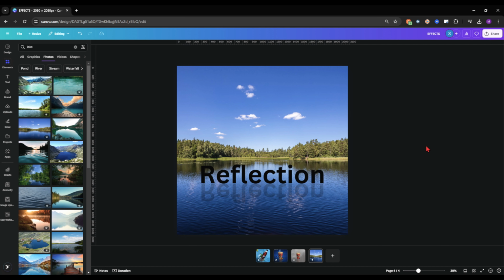That's not the easiest way because Canva does not have the option to just flip a word. So we have to find a workaround, and I hope that workaround helps you, and see you in the next